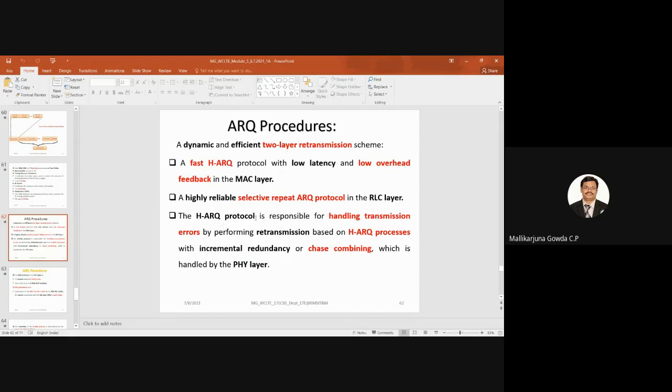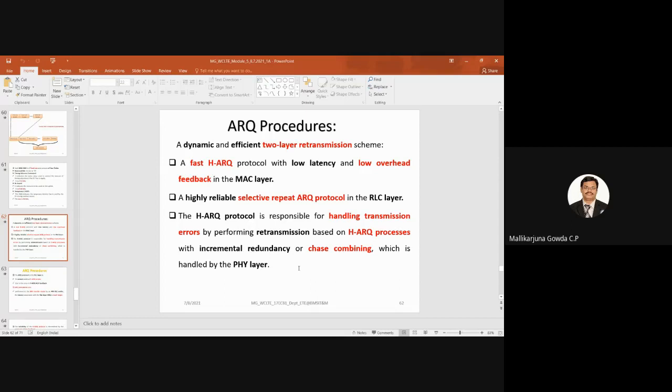The hybrid ARQ protocol is responsible for handling transmission errors by performing retransmission based on the hybrid ARQ processes with incremental redundancy or chase combining, which is handled by the physical layer.